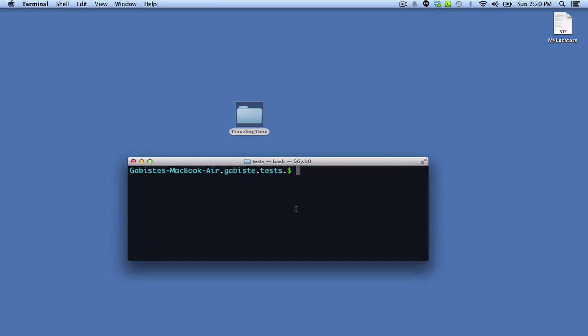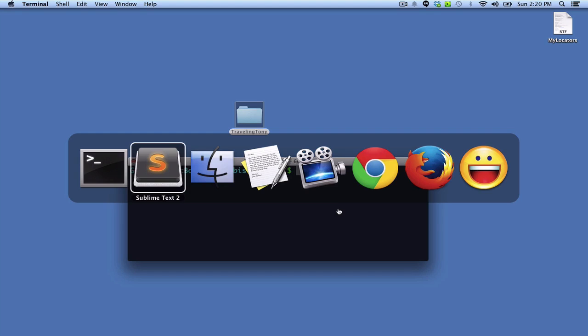And our test passed here. So we have written our first test using page objects. Now let's write our second test using page object. Let's go to Sublime Text